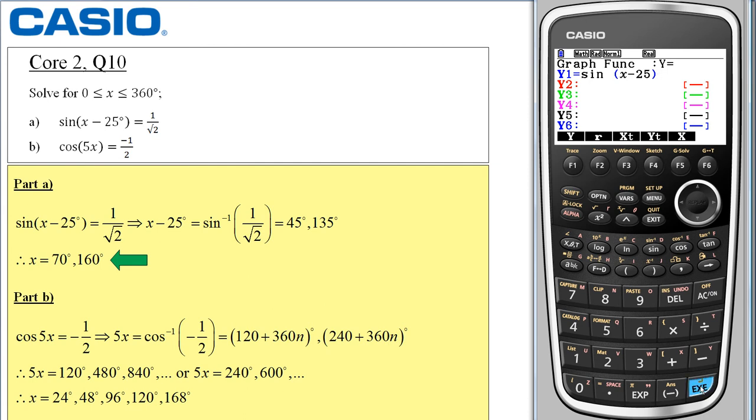and if I select execute, the second function is y equals 1 over the square root of 2, so that's 1, ABC, square root of 2. If I select execute and F6 to draw,